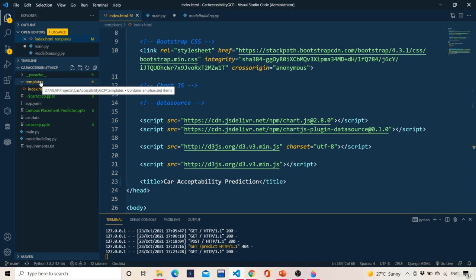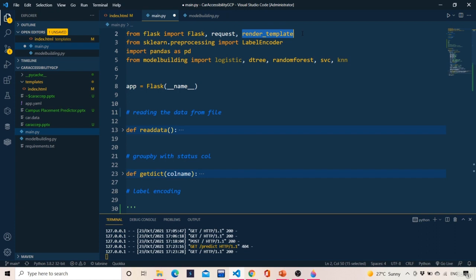Fine. So first things first, as you're using the Flask framework, you have to make sure that your templates are under the templates folder. This templates folder is very important in the Flask framework, because Flask has a function known as render template. This render template automatically looks into the present directory where you are, and the definition of this render template function is over here.